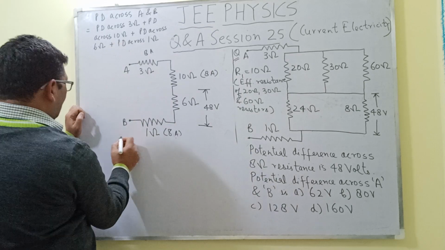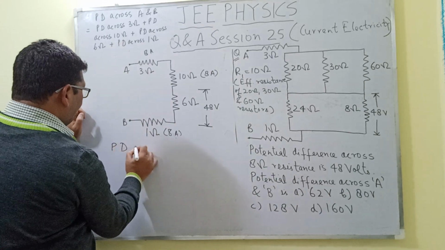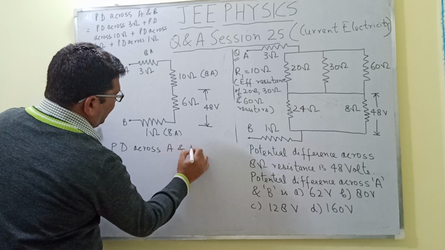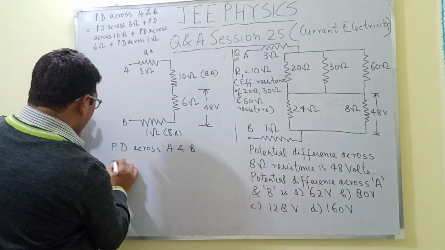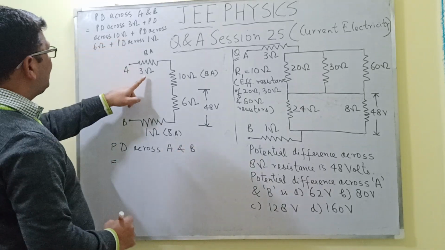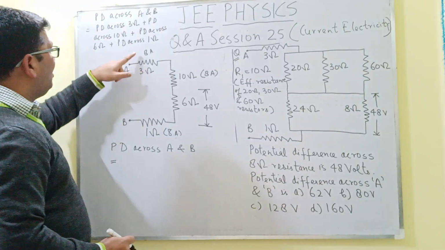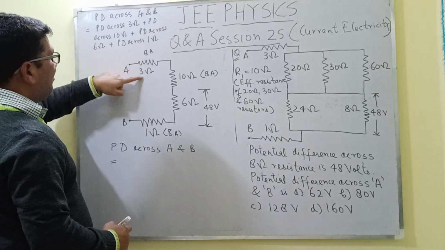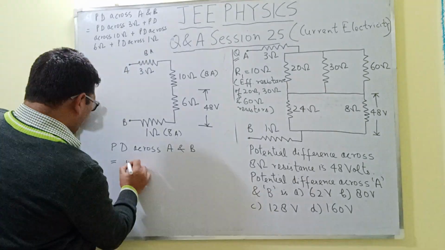So the potential difference across this 3 ohm resistor, that is V, is equal to I into R. So I is equal to 8 ampere and R is 3, so that will be equal to 8 into 3